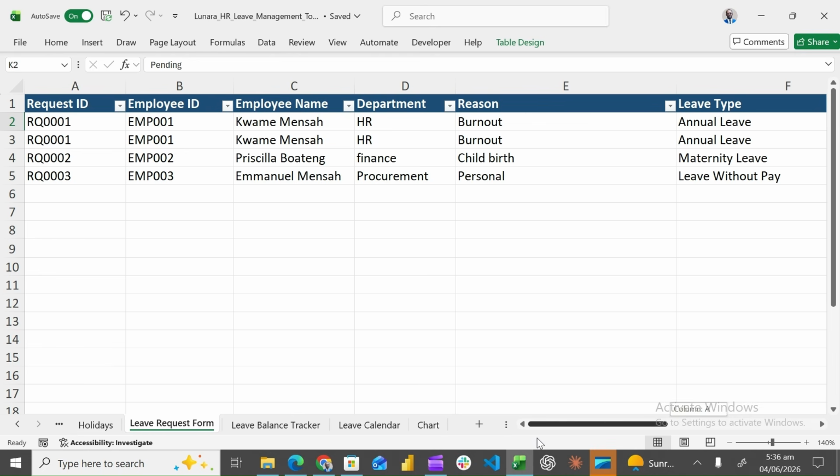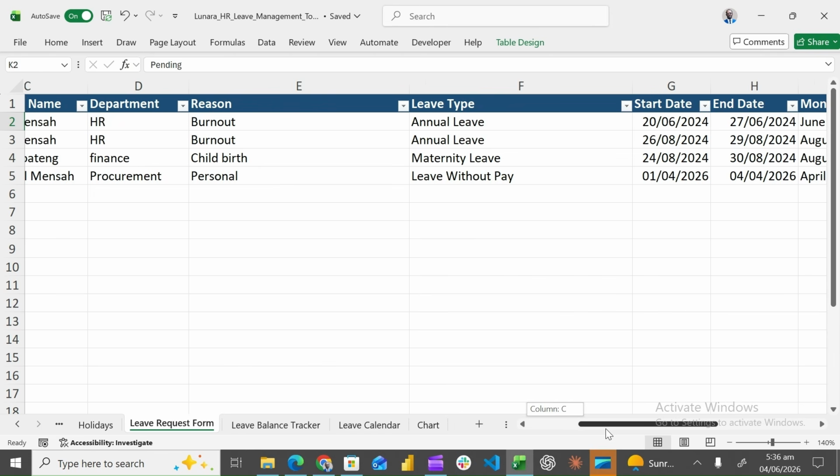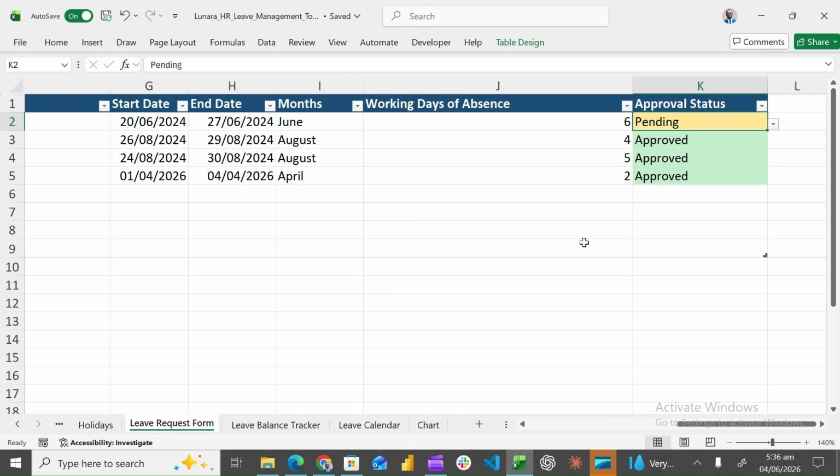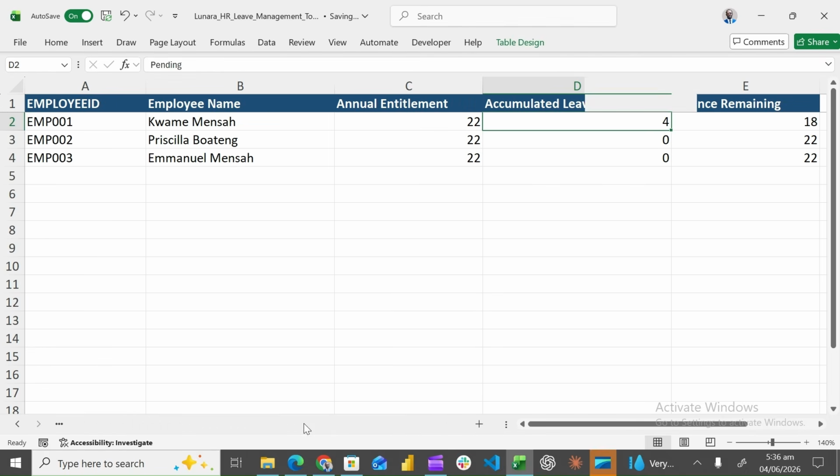And here you realize that we have the same person going on leave on two occasions, one somewhere around June and the other around August. And the number of days that he took on various occasions, 6 days for the first leave and 4 days for the second leave. So if you should come to the tracker,